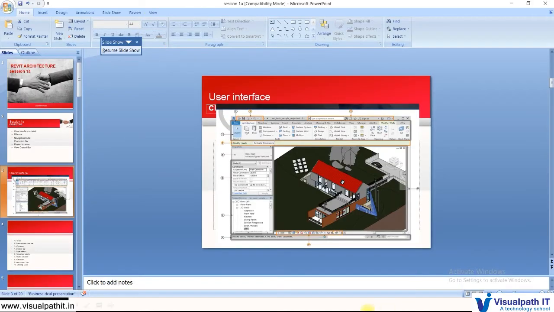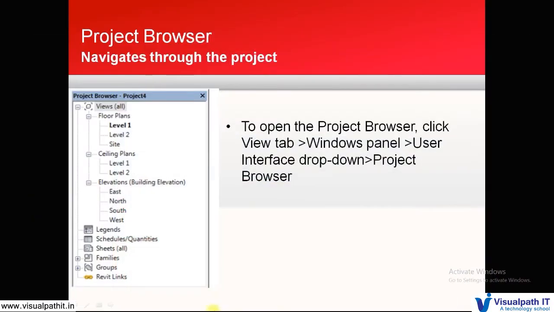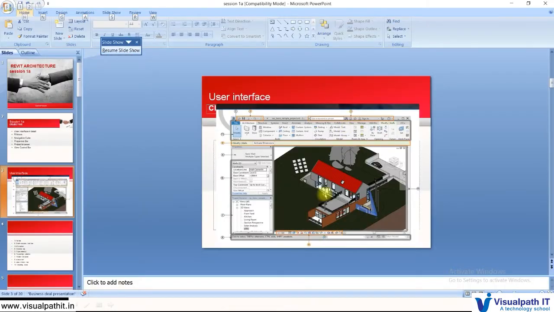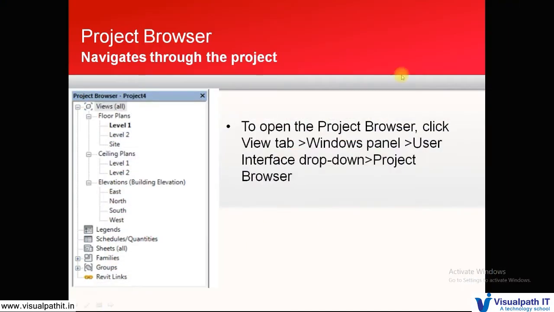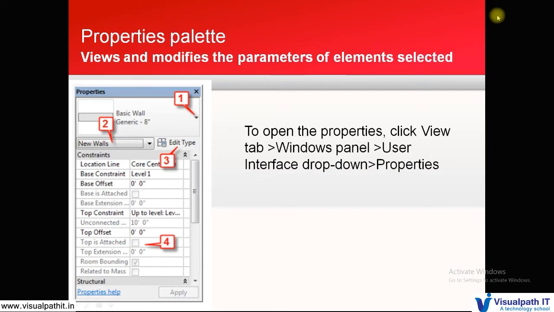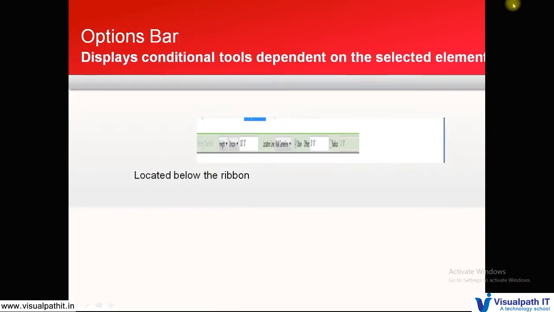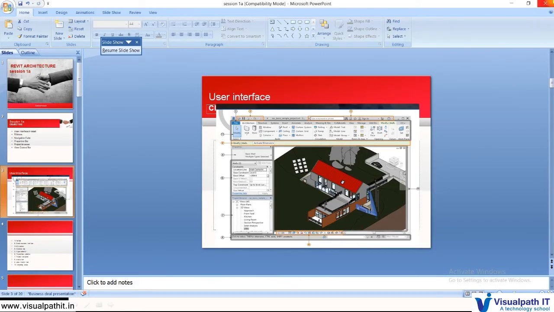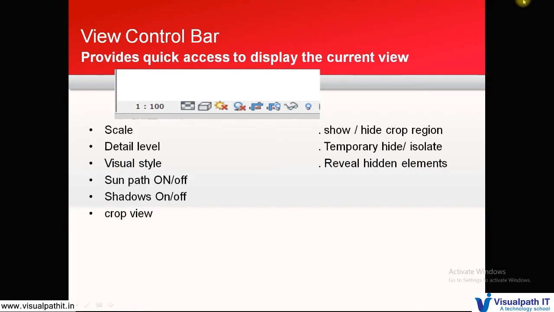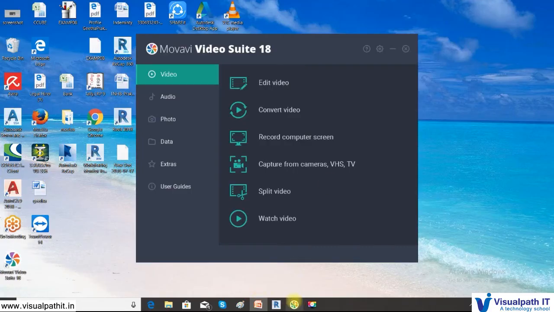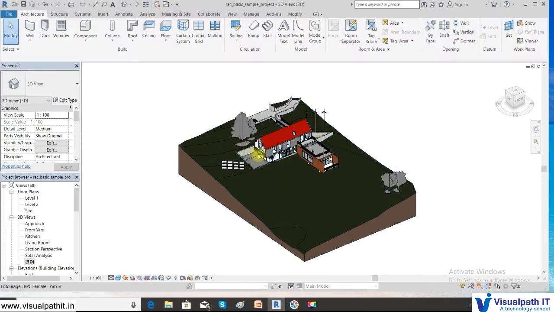I want to show you on the software how this works. See here, this is where the project browser is.